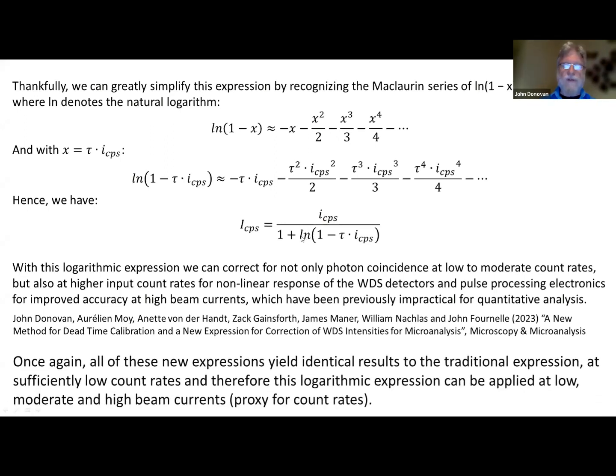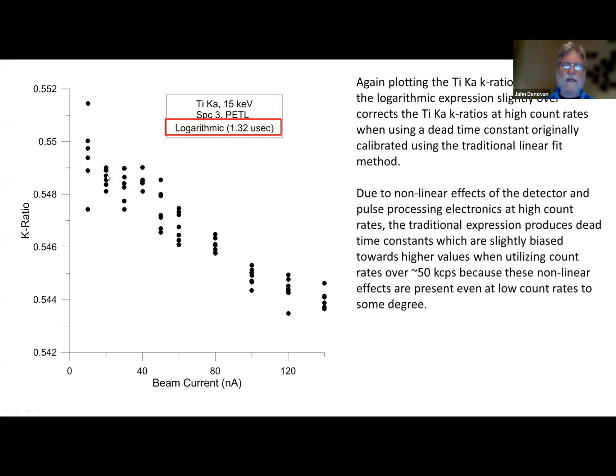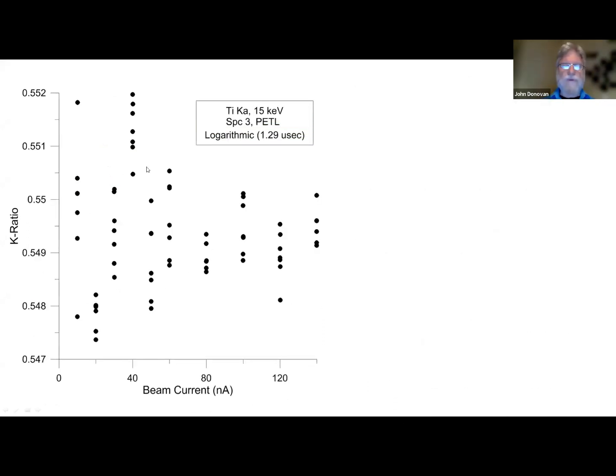If we use this function, we get the same results at low count rates, but we get much better response. If we apply it with the JEOL linear calibration at 1.32, we're slightly overcorrecting. The values in the low range haven't changed, but at the higher count rates, we're overcorrecting a little bit. That's because dead time is not a constant, it's a parametric constant, and depends on the form of the expression you're using to fit it. And so if we apply 1.29, just 3/100ths of a microsecond smaller, we get a perfect